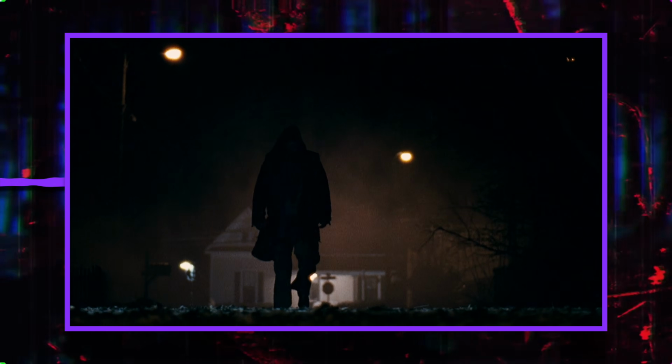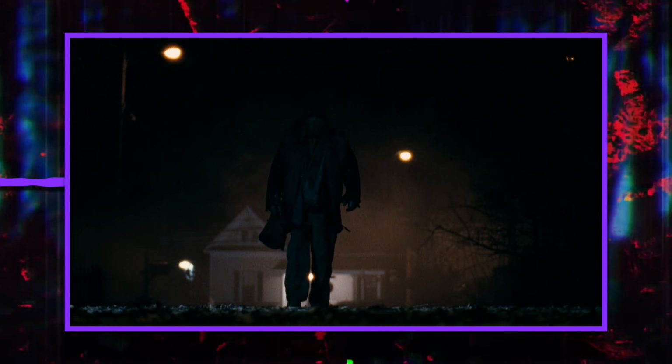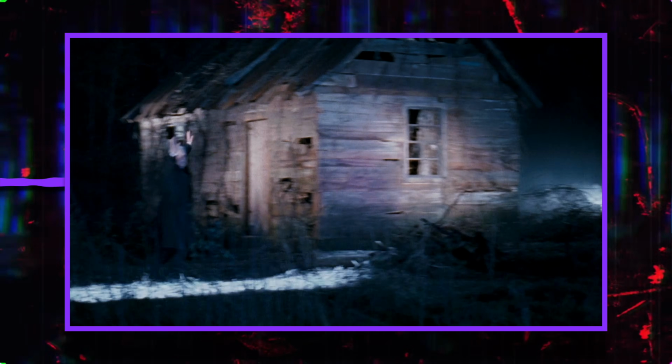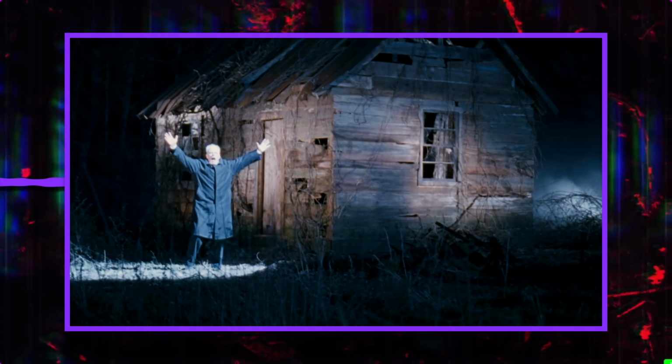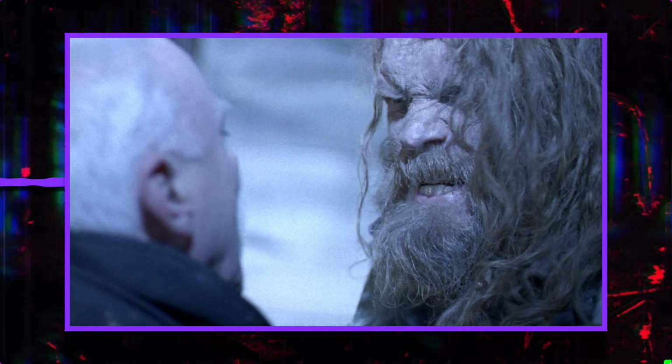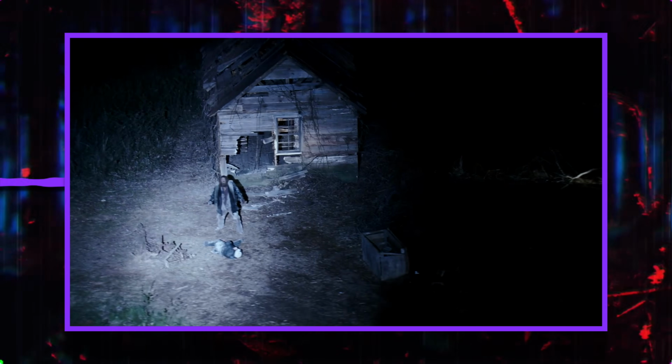Laurie finds out and is sent into a downward spiral, while Michael slowly makes his way back to Haddonfield, killing anyone who gets in his way, including Annie and all of Laurie's new friends. Michael once again kidnaps Laurie, and this time takes her to an abandoned shed on some farmland, where Loomis, in an attempt to atone for the damage he's created, comes to Laurie's rescue, only to get killed by Michael, who finally speaks to him. The police surround the shed and kill Michael, but Laurie is shot by accident, and this